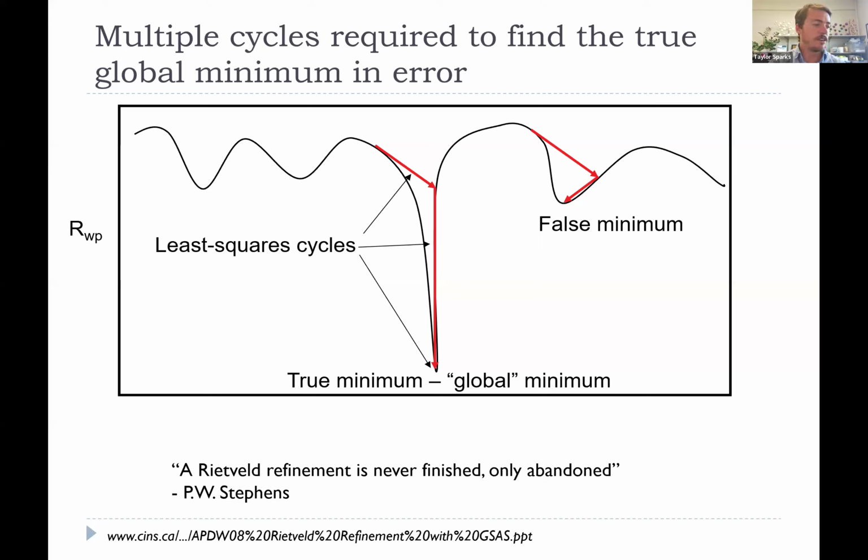That said, be aware that it's sometimes frustrating with Rietveld refinement because you never know if you are done, because it is never done, it is only abandoned. At some point, you just throw up your hands and say, that's good enough. And usually it's good to know what it is that you're actually looking to get out of this. Are you looking to get just the lattice parameter? And if so, to what accuracy? And is that a realistic accuracy for the data that you've collected or for the structure that you're investigating? Or are you after the weight fraction of multiple different phases? If so, to what weight fraction percent accuracy are you going to be satisfied? And once you've reached that, that might be your stopping point for the refinement. Anyways,